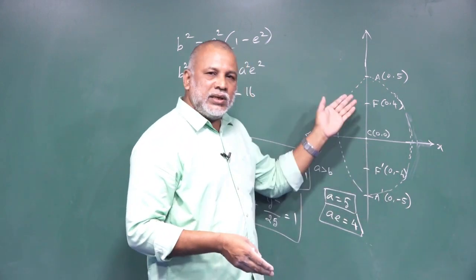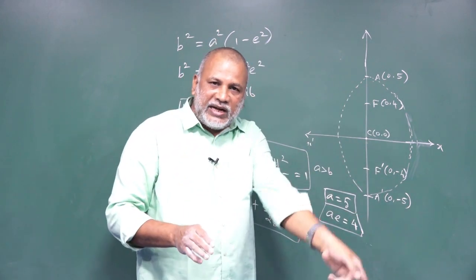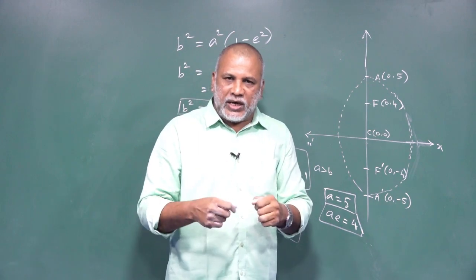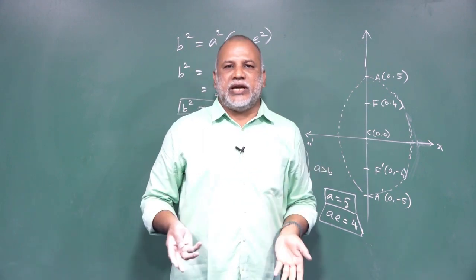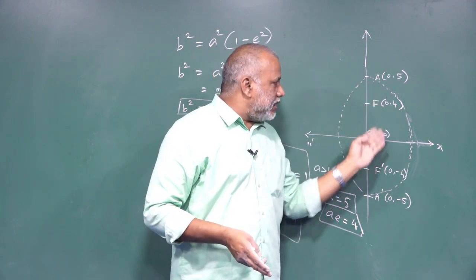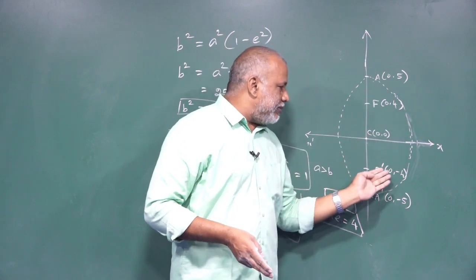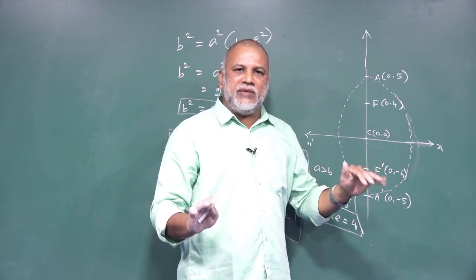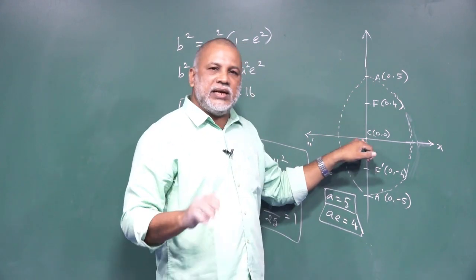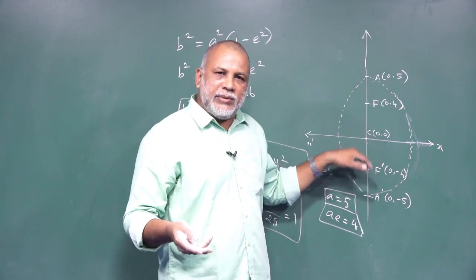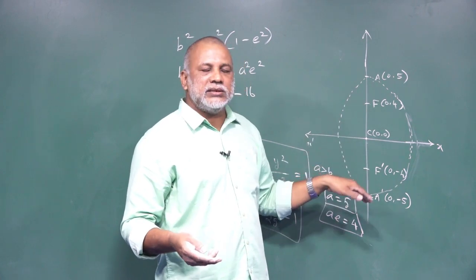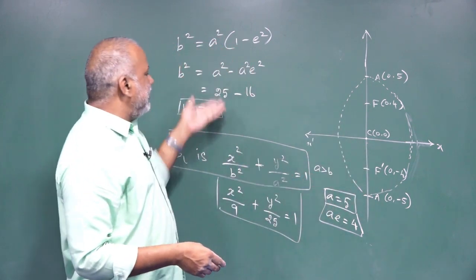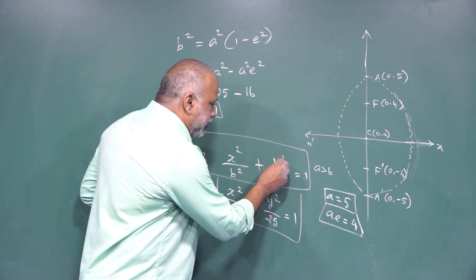See the diagram? With the help of the given data, you are able to justify which type the given ellipse belongs to. So here, see the data (0, 4), (0, 5), (0, -4), (0, -5). That means all the points are along the y-axis only. Then C is the center. What is the meaning of center? It is the midpoint of FF dash and AA dash. So we are able to justify that the given data belongs to type number 2.